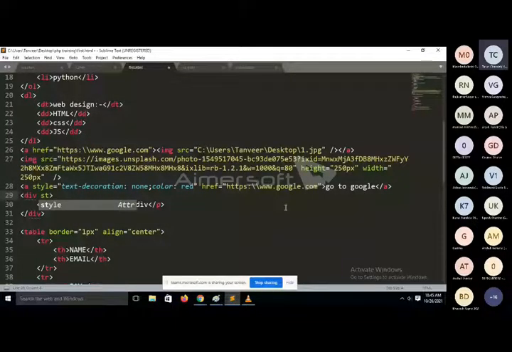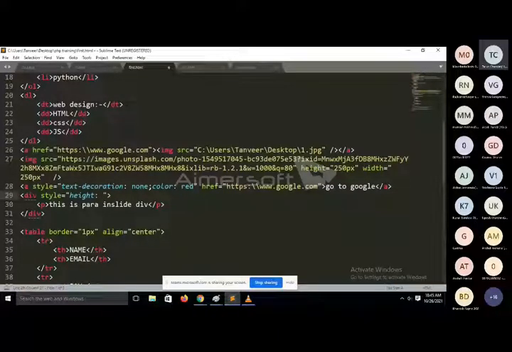Now here we will use both types, percentage and pixels, to give the height and width of the division. So the height of our division we will pass in terms of percentage, and width in terms of pixels, or vice versa. I'm just giving the height of the division as 200 pixels.